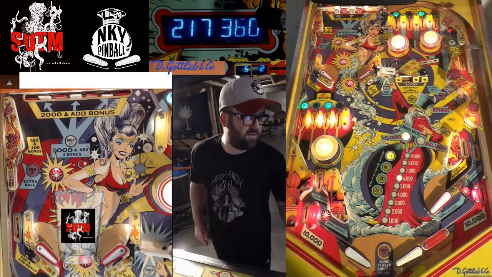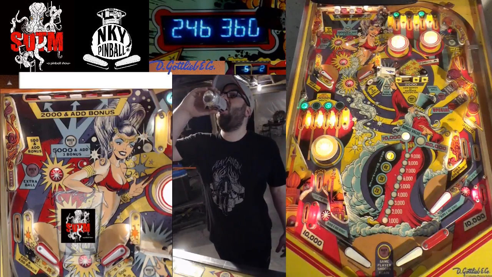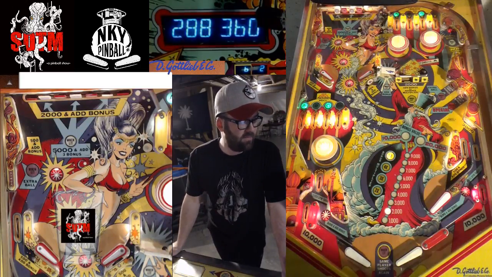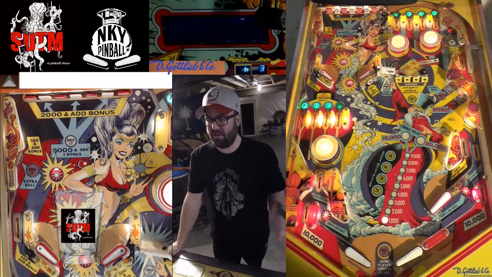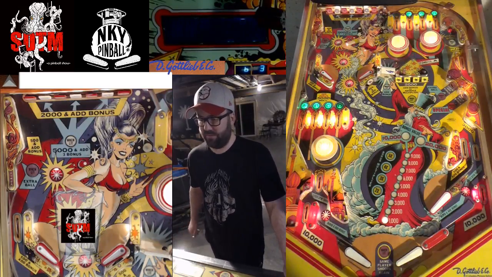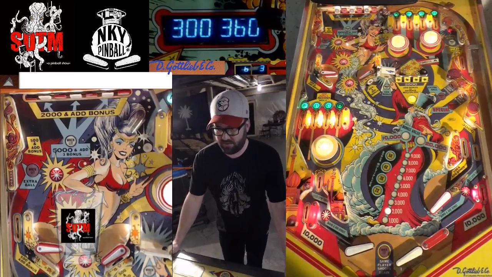Ball 2. Alright, we still got a chance. Thank you, sir. Okay, so we just need to do that again, I guess, pretty much, and we'll be close to that high score. Easier said than done. Or get some drop targets down up here and...